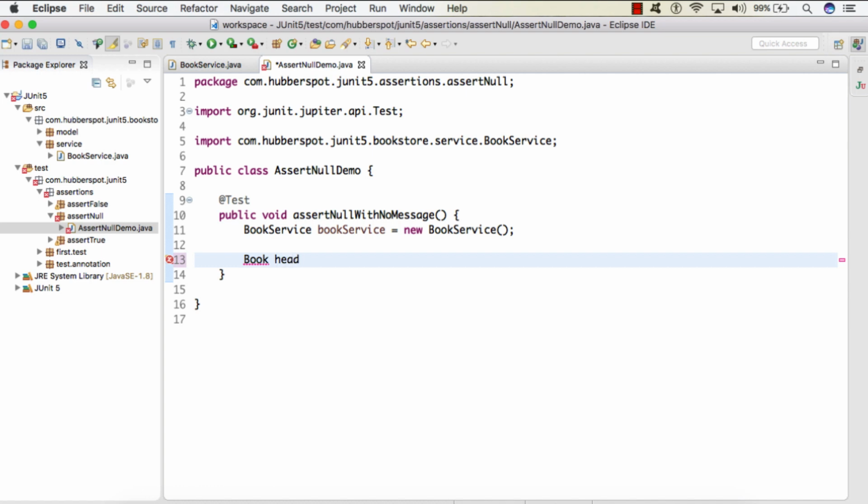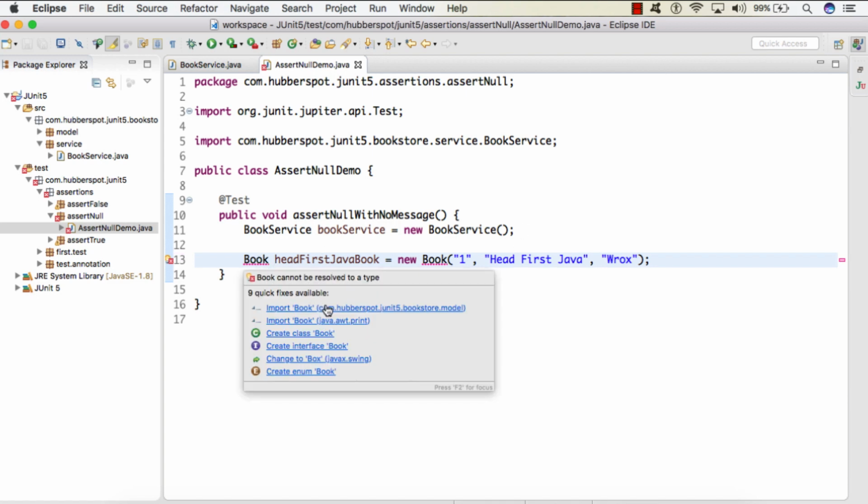So the first book would be, let's say, the Head First Java book. We'll give it an ID as 1, title as Head First Java, and publisher as, let's say, Wrox.